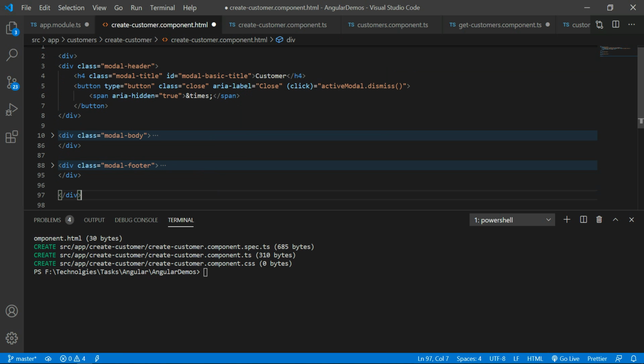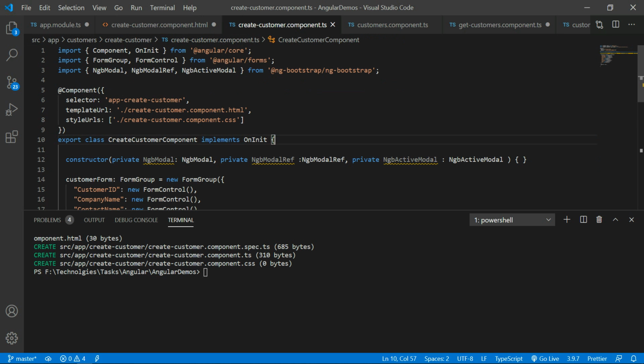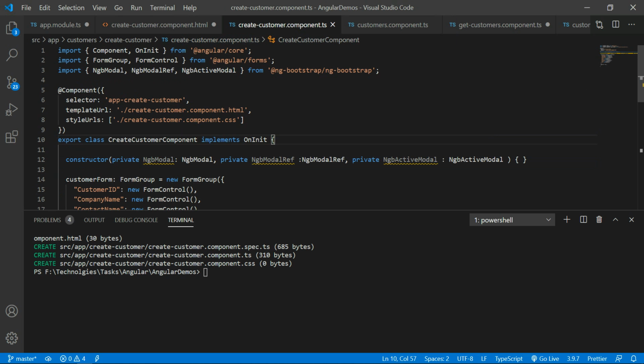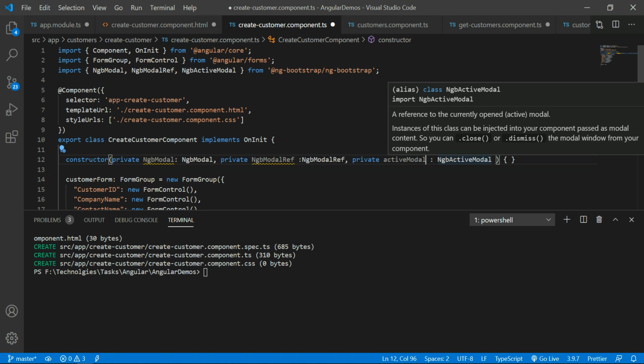Okay, now everything is completed. Now if you observe the click event, what is the meaning of this? The activeModal indicates the ng bootstrap active modal. So let me add this activeModal as a reference of the NgbActiveModal.